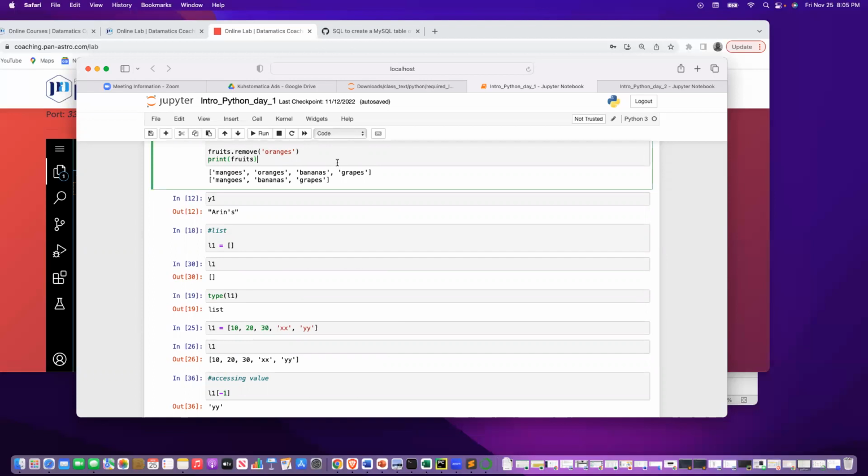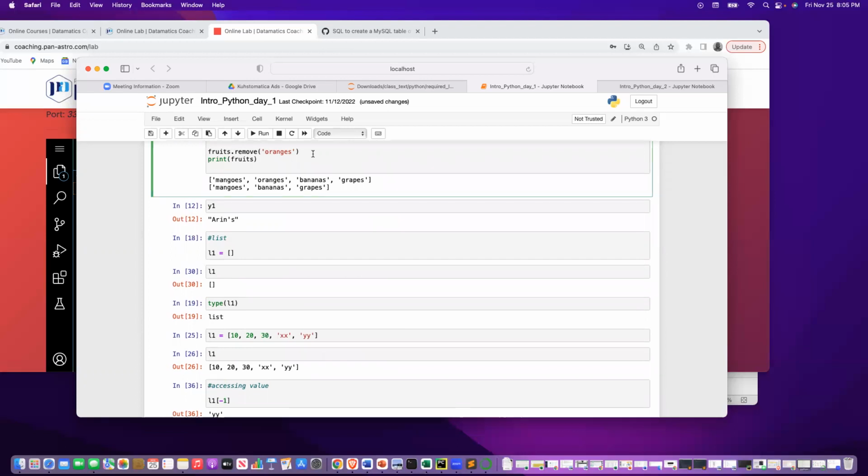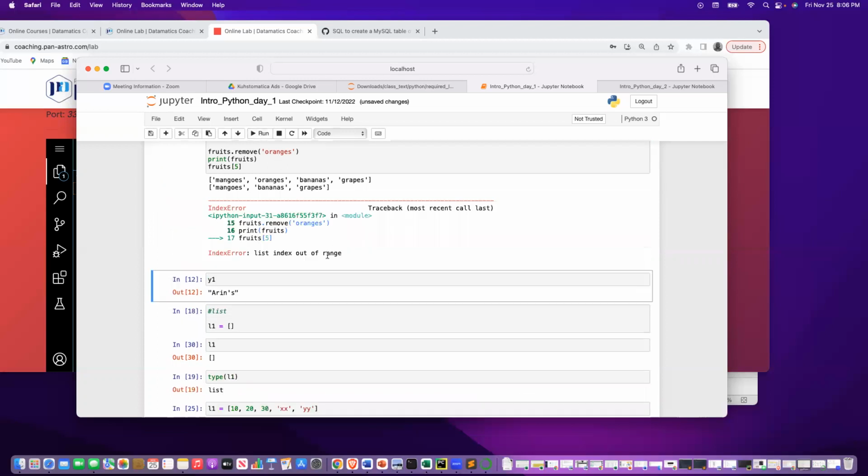If, for example, we try to access an index that is not there, say 5, we get an index error. We can see why we have this index error. The table tells us,